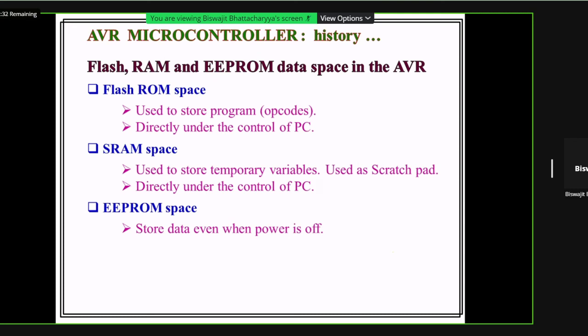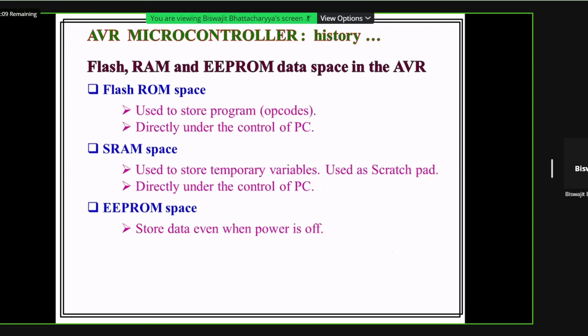But the content of flash memory will not be erased. Program will be saved, but the temporary variable space will be reset. It will be destroyed. Every time we start the program, a new SRAM space will be allocated during the program execution.